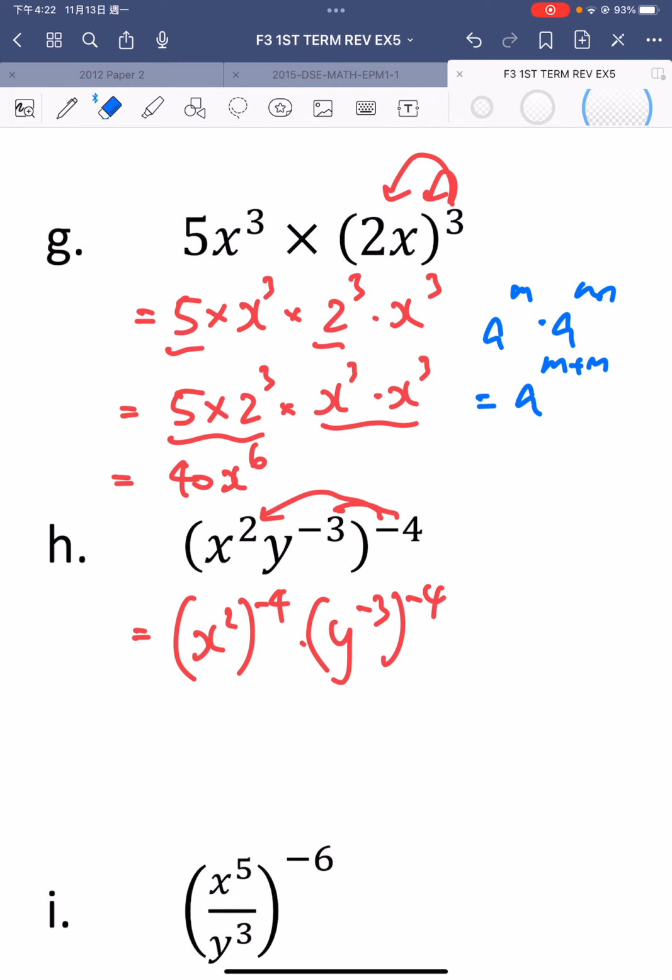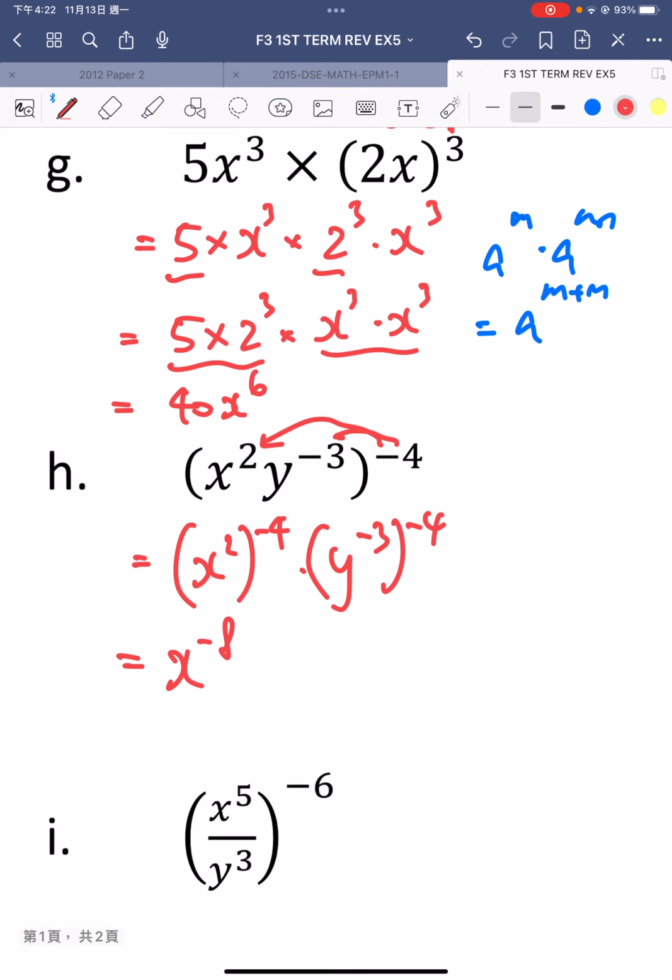And as I have a power of a power, then we can times the power together to get that x to the power of -8. The -8 is getting from 2 times -4. So for the y part, we have -3 times -4. Two negatives times together give you positive, 3 times 4 give you positive 12. So we have y to the power of 12. But remember, they still have a negative power, so we change it to the bottom. There I have 1 to the power of 12 divided by